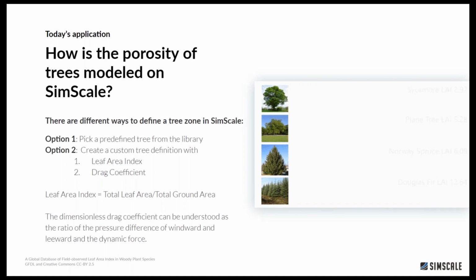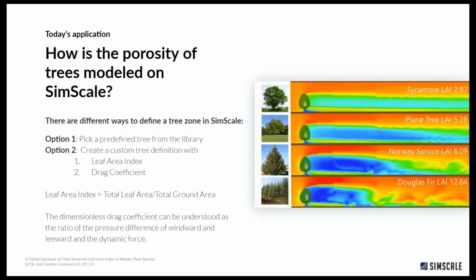It's actually interesting how they calculate this, how this value is being pulled out. They can actually chop down a tree and really accurately measure the density, the area of one leaf, and also calculate the amount of leaves there is on the tree. So of course, this is the destructive method, but there's also another method that is non-destructive, that measures the radiation intensity from the top to the bottom. I encourage you to read more about how this leaf area index is measured. So I will link you